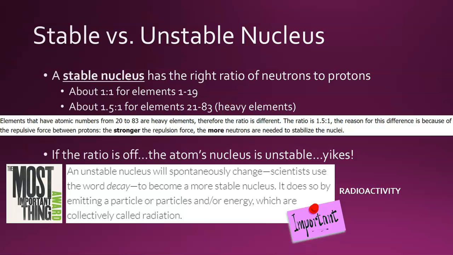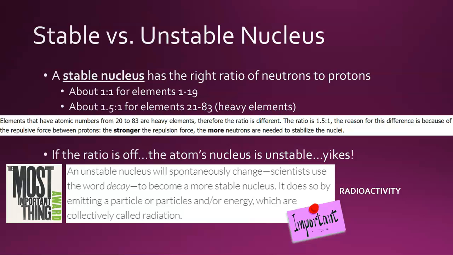You can't really have a half a neutron. But at about 1.5 to 1 neutrons to protons, elements 21 through 83 are nice and happy with a stable nucleus. Elements that have atomic numbers from 20 to 83 are what we call the heavy elements. And that's why the ratio is different. The ratio is 1.5 to 1